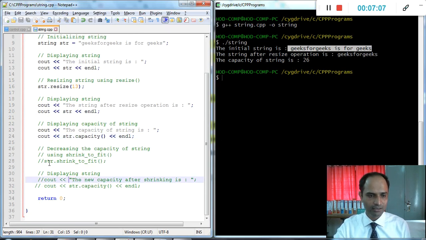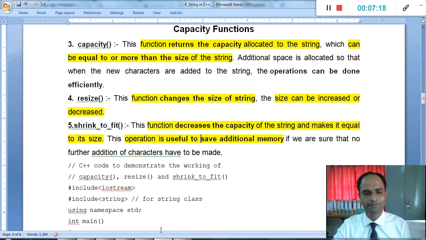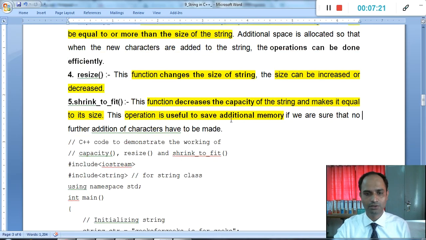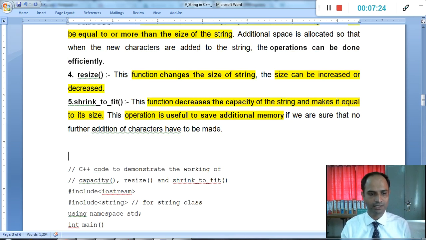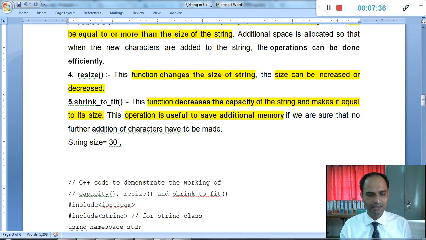Now this is the string.shrink_to_fit function. What exactly is the use of this? Simply, when we define the string size, it may be 30, and if we apply shrink_to_fit, if str is equal to Srikant, what will be the input string?